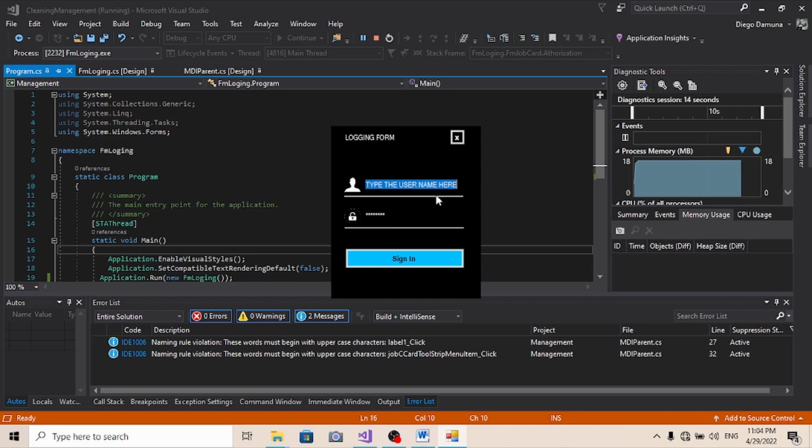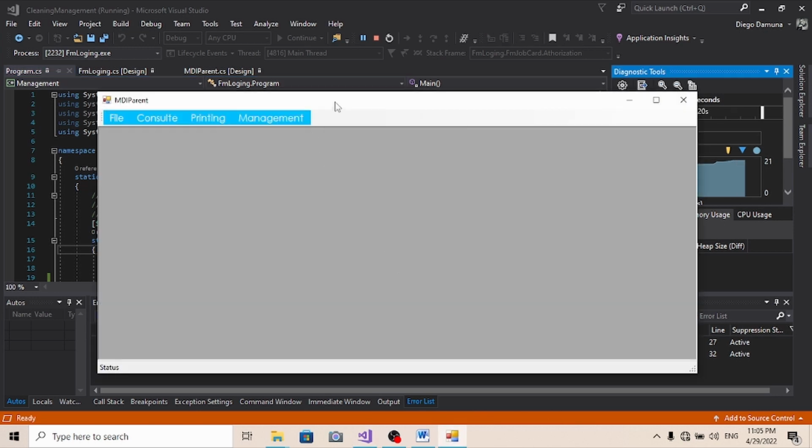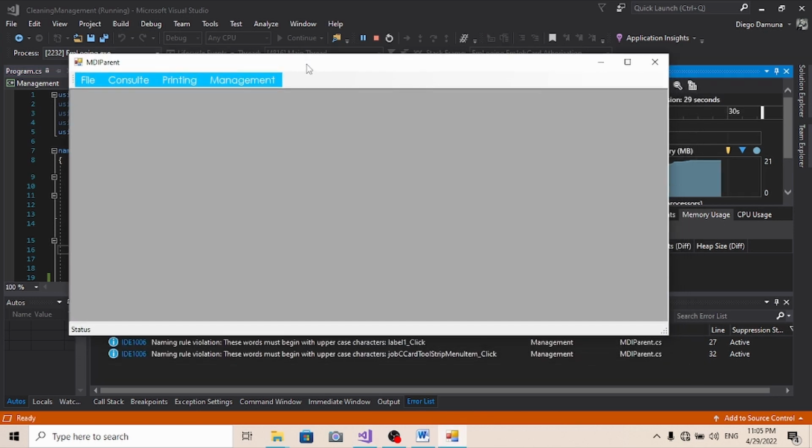Let me try to log in. I'll log in as admin. Then I'll put my password here. Okay, now we are getting there. So we can see that the login form was the first form to be launched once the software is executed. And then after we've managed to put the correct credentials, the login form has given us access to the menu. But for now, this menu is a bit useless because it's got